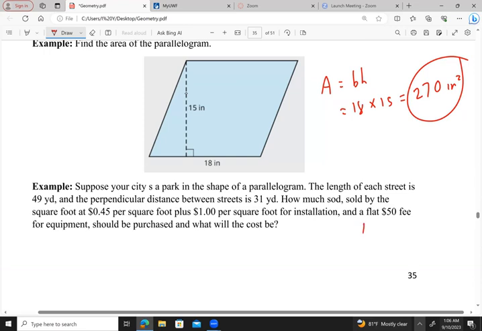So we're looking at $1.45 per square foot for the sod and laying the sod. Our area equals 49 times 31. So I have 1,519 square feet. And then I have 1,519 times $1.45,